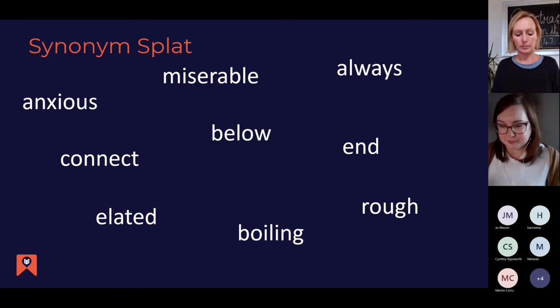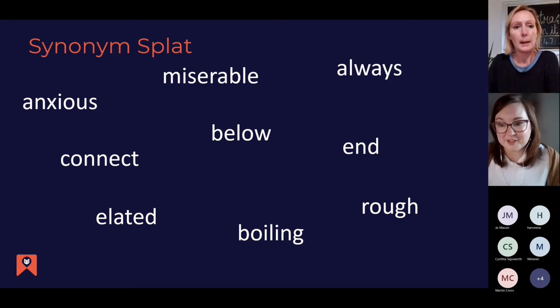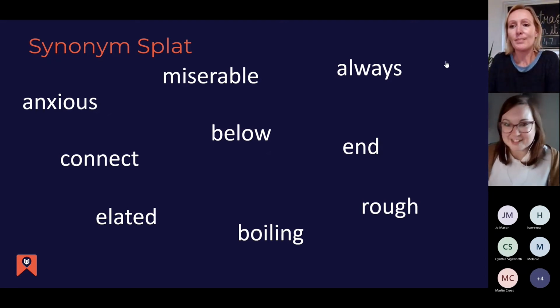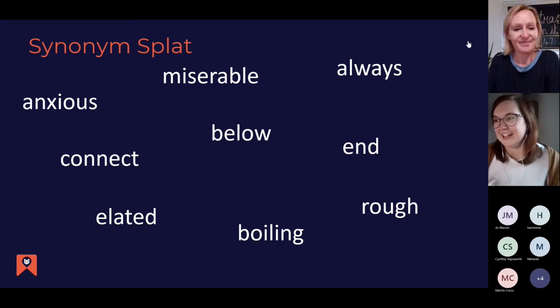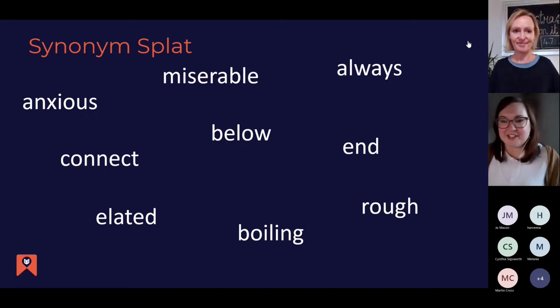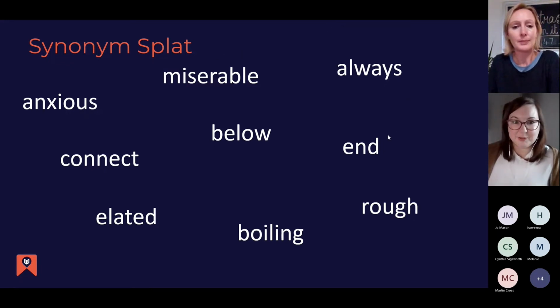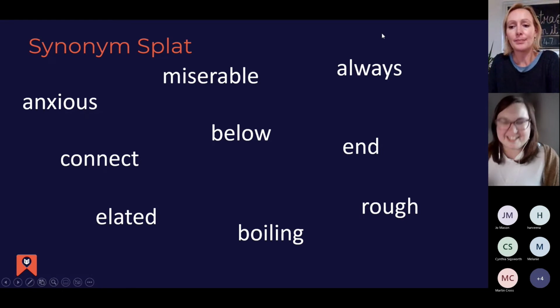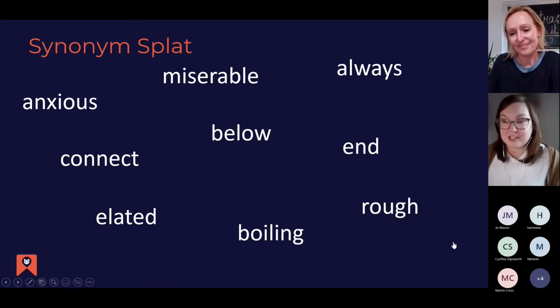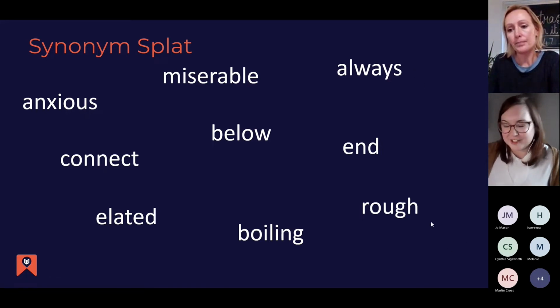So for example, I might say joyful, and if anybody does know the answer, feel free to type it in the chat if you can see any of the words on that page that would mean the same as joyful. So you could do it as a physical thing, if it's on a whiteboard. Thank you, Judy, yay, elated. Exactly. I've done it with rulers before, where they have to hit the word first.